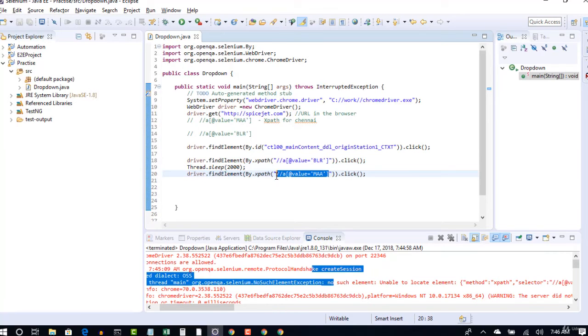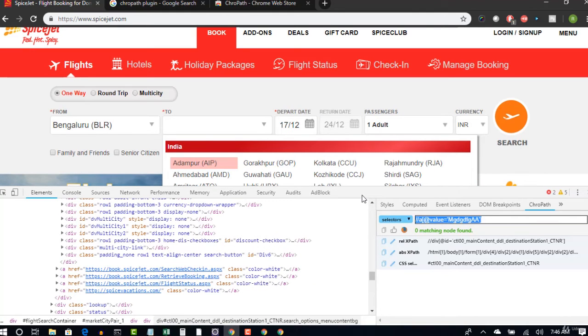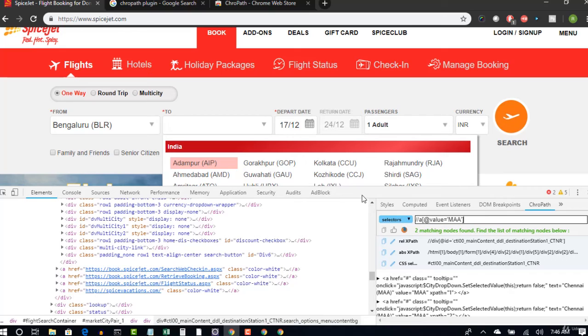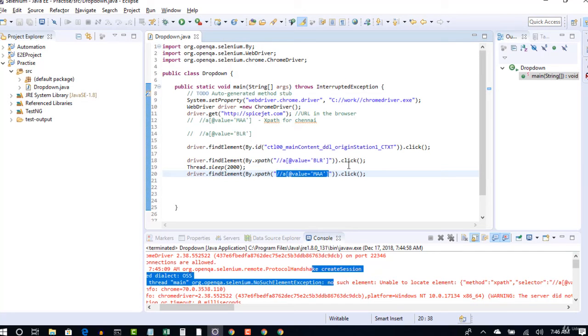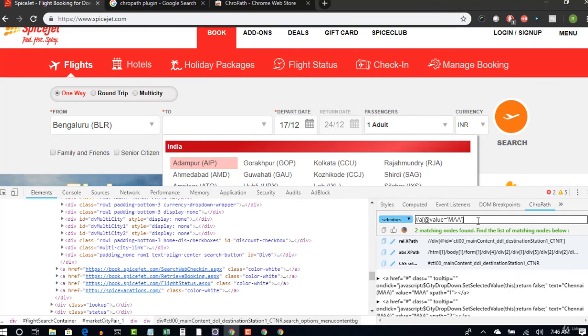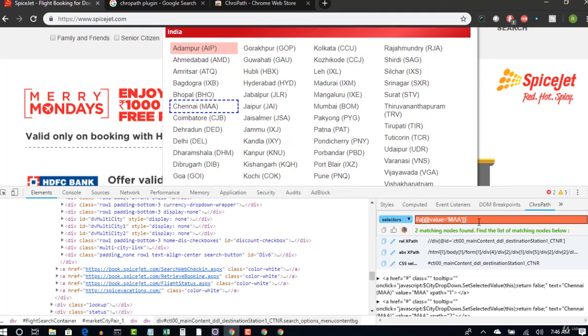So in that case, when you see element not visible, come here and use ChroPath and first understand how many nodes it has. Because if I directly show it like this and provide the index, students will definitely have a doubt about how I would know that it has two indexes, or how I would know whether something is dynamic or not. That's the reason I am showing you these error messages. Based upon this error message, you should get a clue that there is something called the index concept, and then use ChroPath and do all these validations. Two matching nodes are found, and here I want the second.